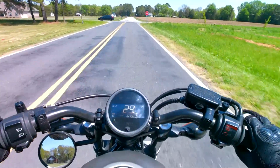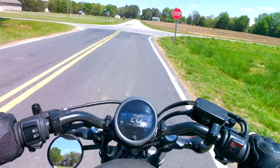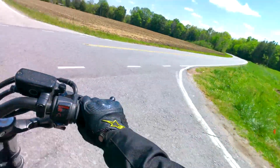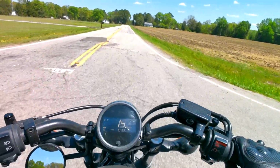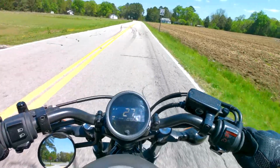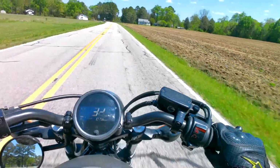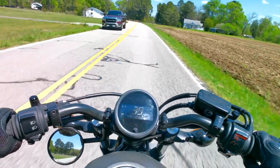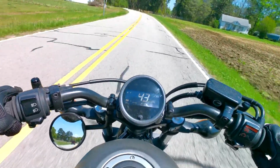I'm normally only on this bike for 30 or 40 minutes at a time max. In that time span, I don't hurt, it doesn't bother me. I enjoy every second on it. I would not want to cruise this motorcycle all day long at 70 miles an hour. I also would not want to ride it on the roads that we have around here for like 2 hours